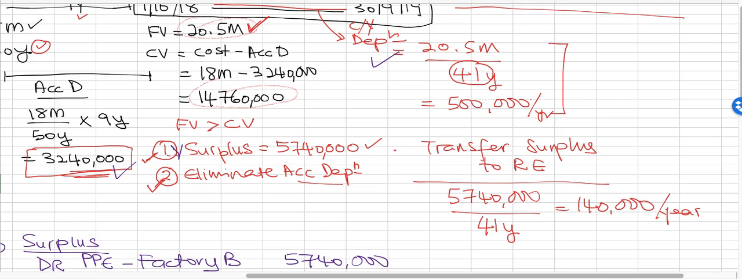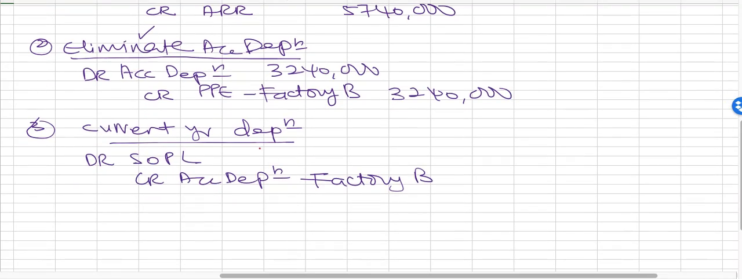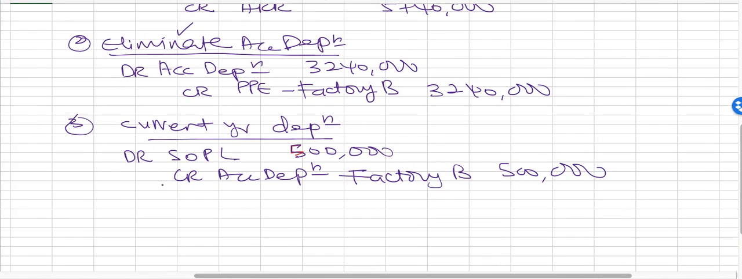Sorry. Okay, so this should be purple. Okay, 500,000. Okay, is that correct? Okay, and the last one is transfer ARR